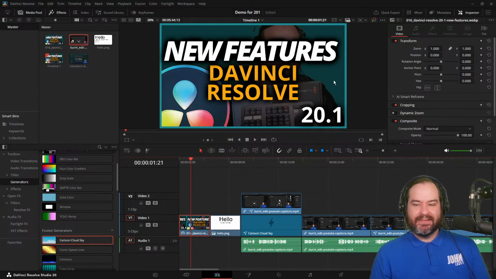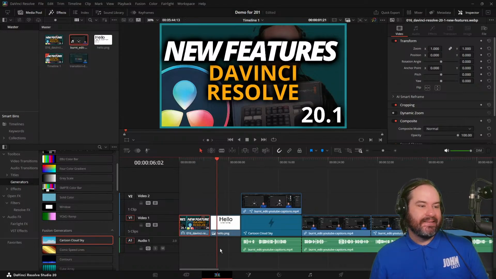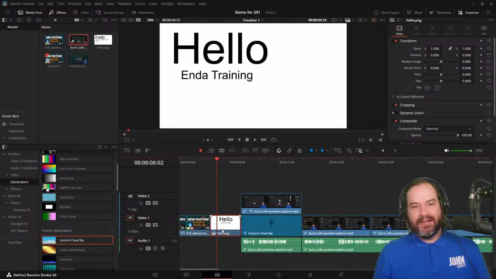So that is often a compressed version of an image you'll find online. It's a Google format. You can insert those straight into your timeline or the cut page, and you're good to go. The other thing we looked at is that if you do insert an image into your project